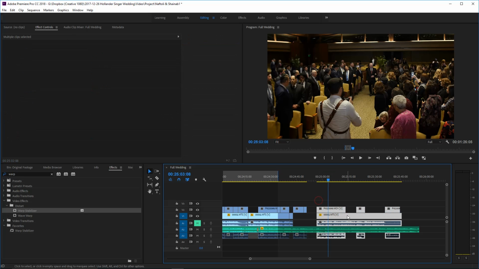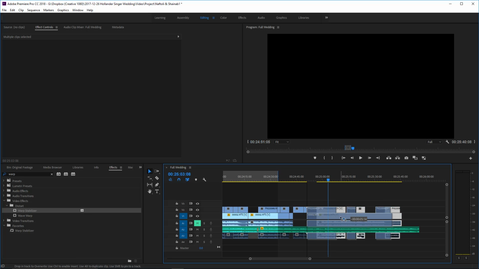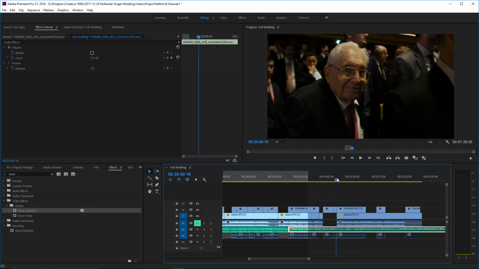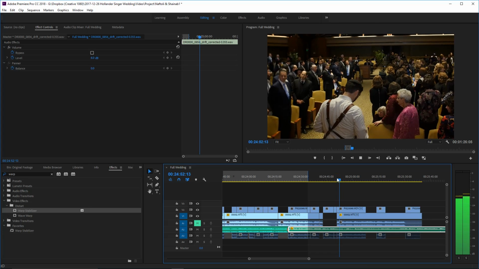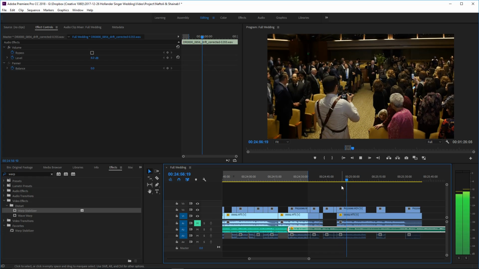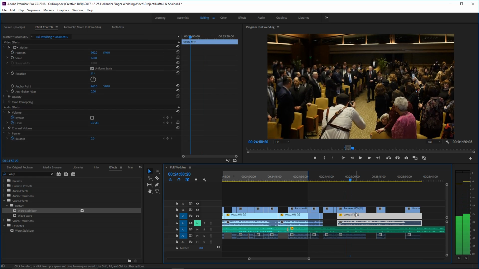So let's see. So we have them walking down. We have him. And then we could put the shot of the next set beginning to walk down. They did walk down to all the same song, so we're just going to continue in that song.